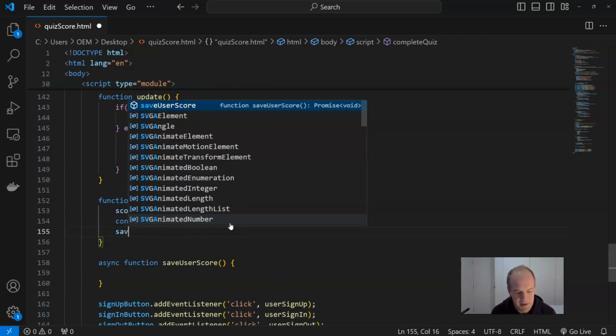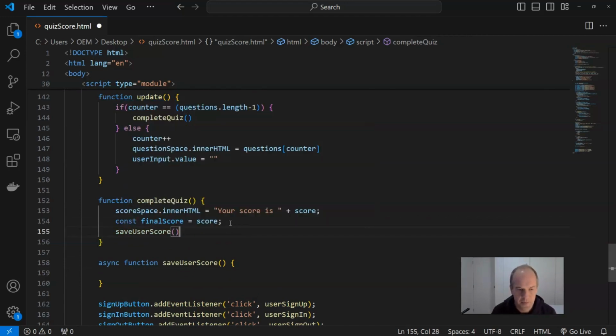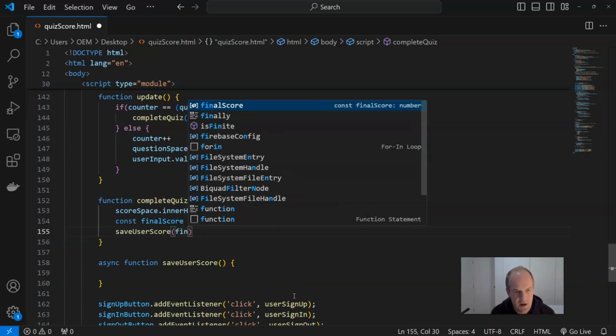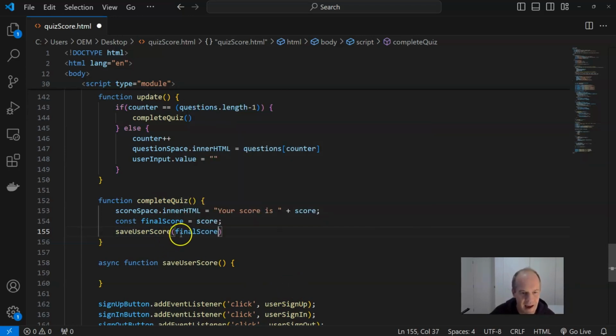So I'll call save user score once I've finished the quiz, and I'm going to pass in the final score variable as an argument for my save user score function. When I say an argument, I mean that's the number. So let's say I get 3 out of 3. That's the number that I'm going to pass in